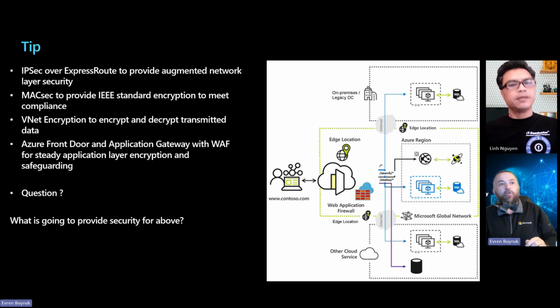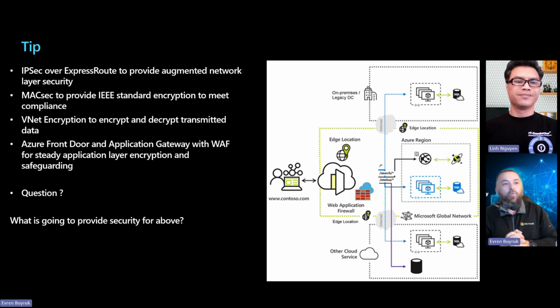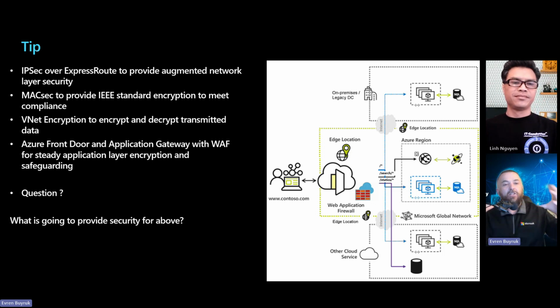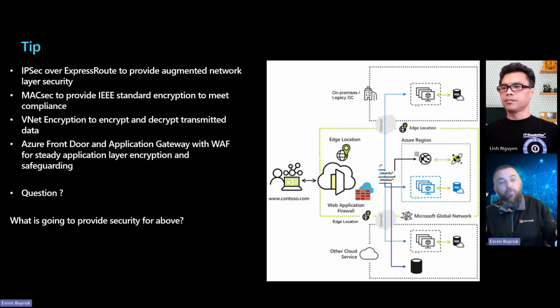And then of course we are going to be given the tip of the day. So what is going to happen once we have everything that we are using in the hub network, to make sure that everything is secure? What is going to be securing the perimeters or the solutions that we have in our hub, or central point of connectivity to on-premises? Yes, we know that MACsec is going to provide IEEE standard,